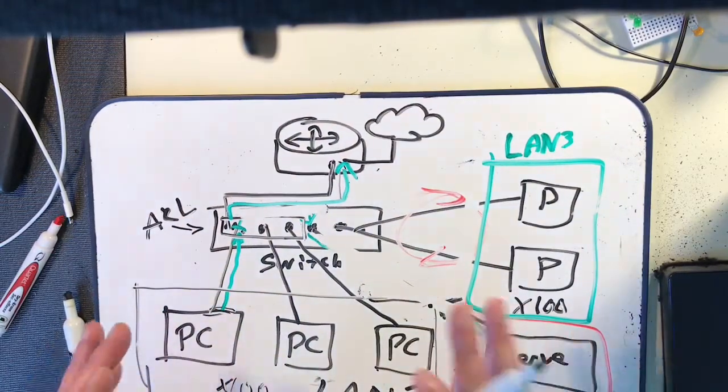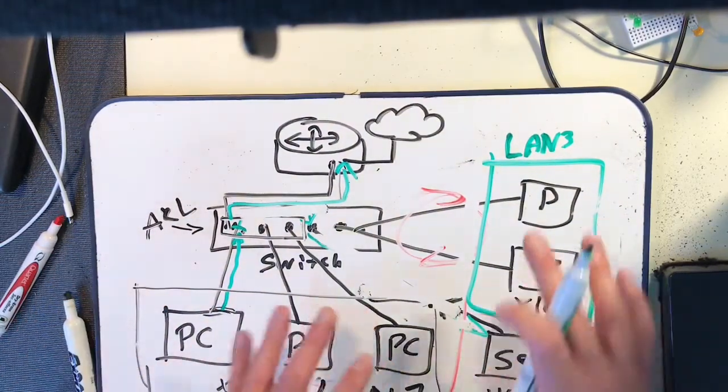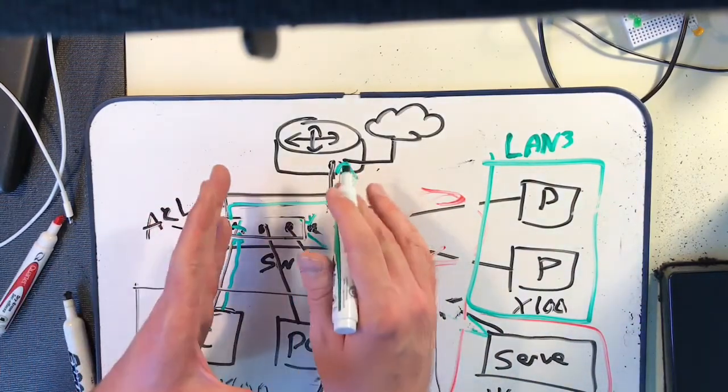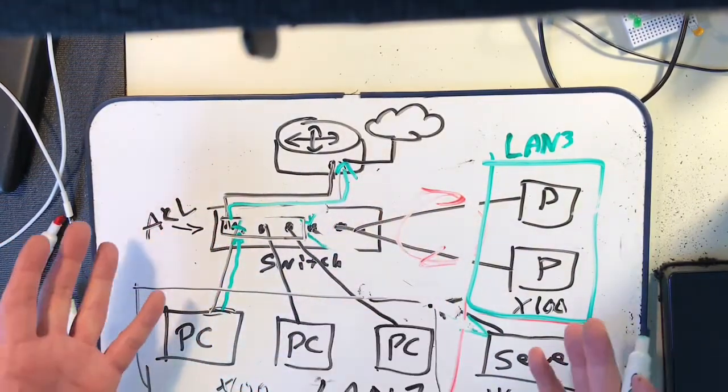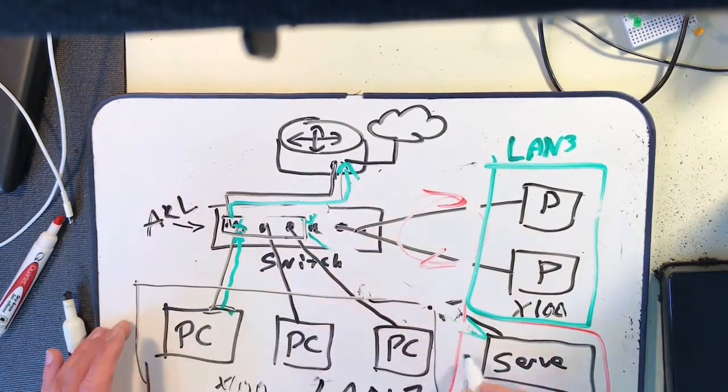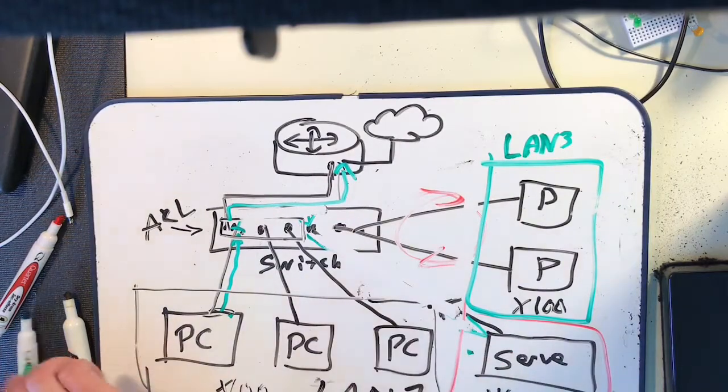The issue is that the router and the Ethernet adapter on that router is only going to recognize one IP address space. It's not going to see these other three. It's only going to see one. So when it receives this packet, it's not going to know where to send it, and it's just going to vanish. So you're never going to be able to connect this PC to this server in this situation,